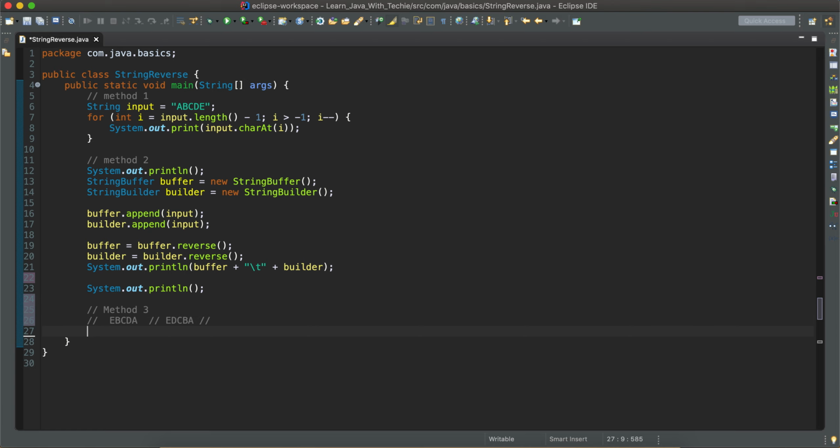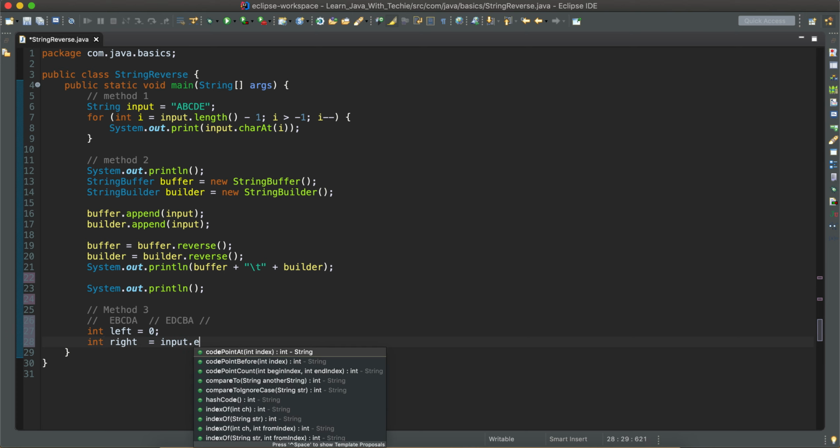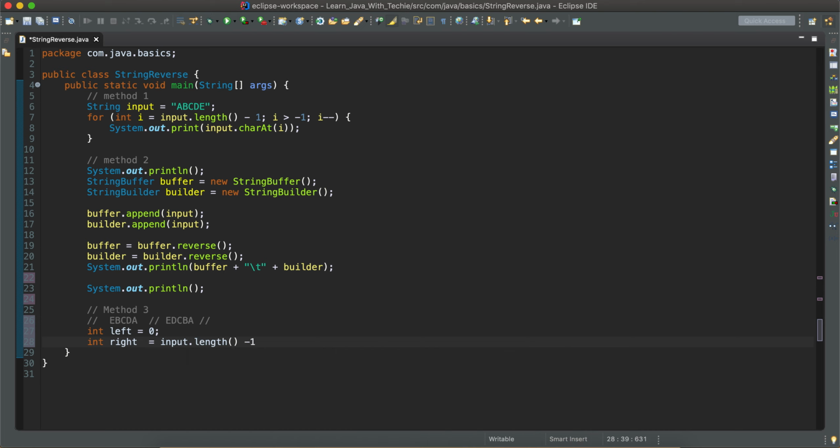So let's start implementing it. I'm going to use integer left. It's going to start from the leftmost value, which is 0, and the right is going to start from the rightmost value, which is input dot length minus 1. So we have initialized the values of the left and right pointers. We are going to use a while loop here.